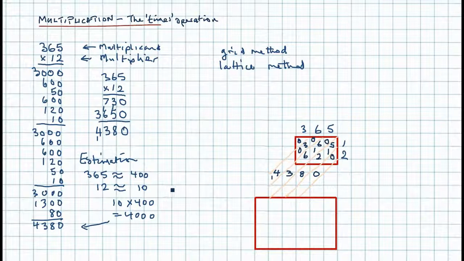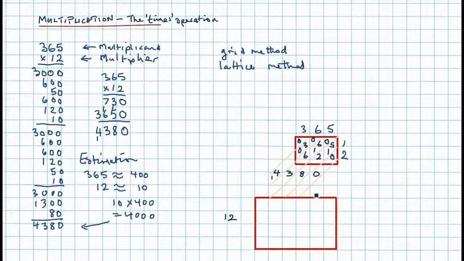The other method is the grid method, and the grid method is more intuitive. It's a visual method. You can think of counters behind it or an array of things. But essentially it involves drawing a box again, and this time we've drawn a box rather larger. We're not using the squares on our paper here. We're going to think about